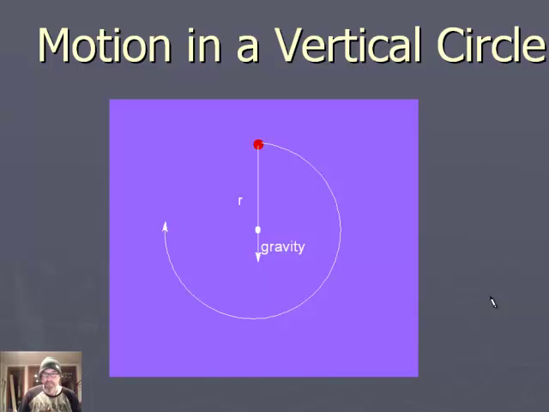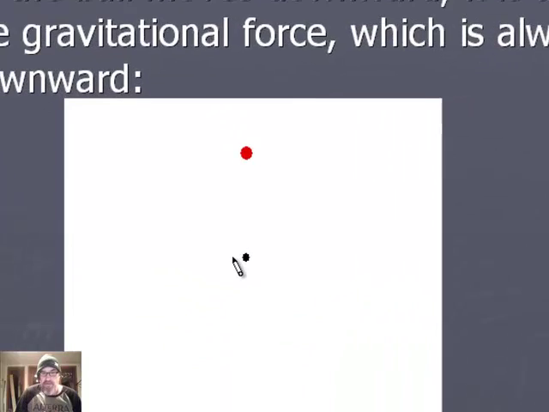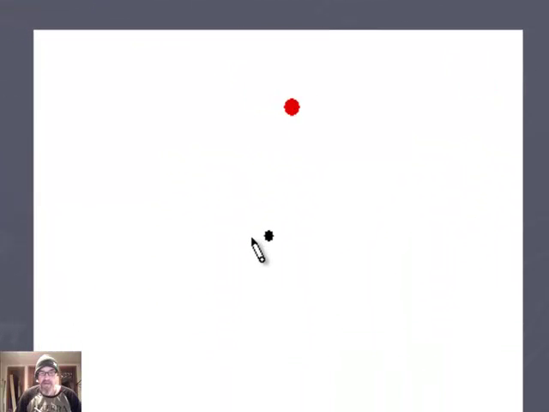Well, now let's tip the circle on its edge. Instead of having a circle that spins around horizontally with no gravity affecting it, let's take a look at motion in a vertical circle. So gravity is affecting this object here as it goes around this circle. Let's think about what that does to the object that's spinning in a circle. Remember, gravitational force is always directed downward. So as it goes around the arc, it's always being pulled downward